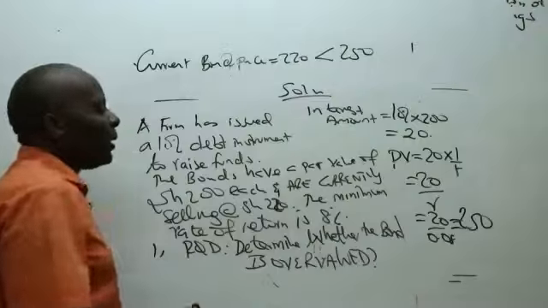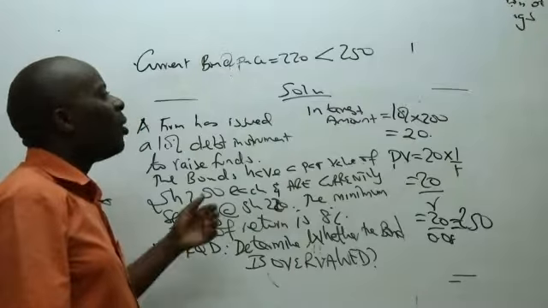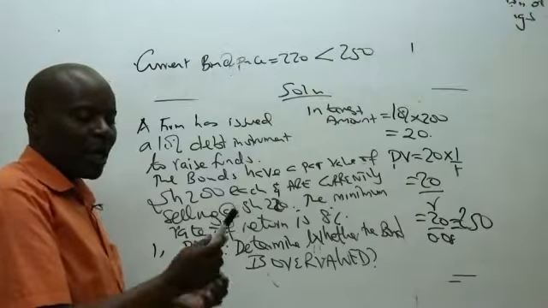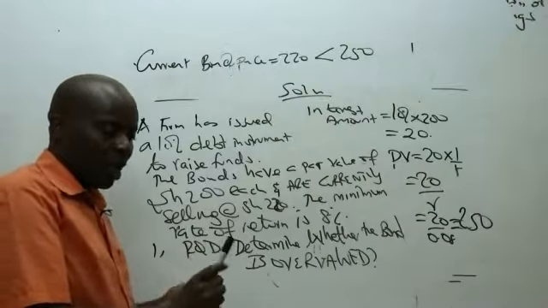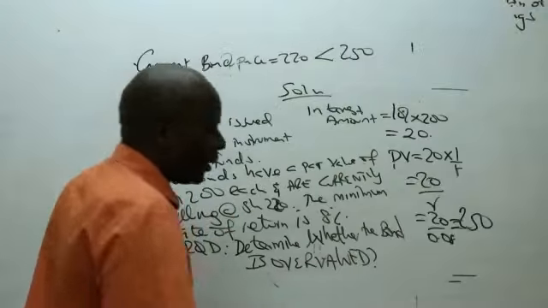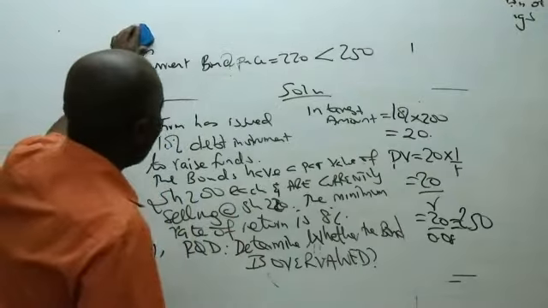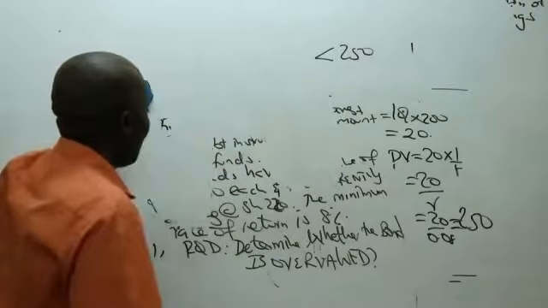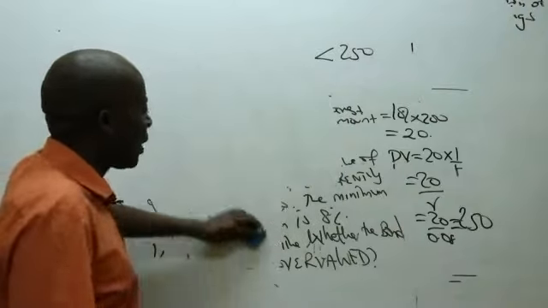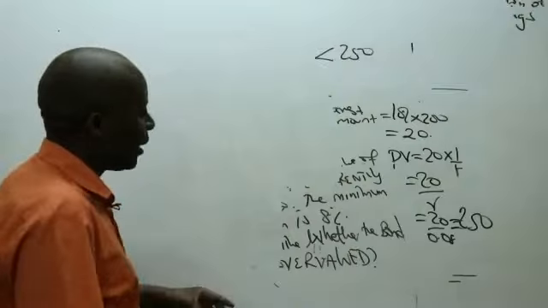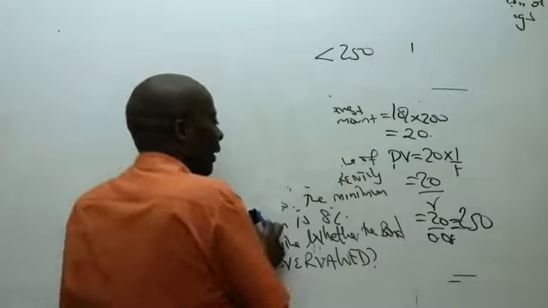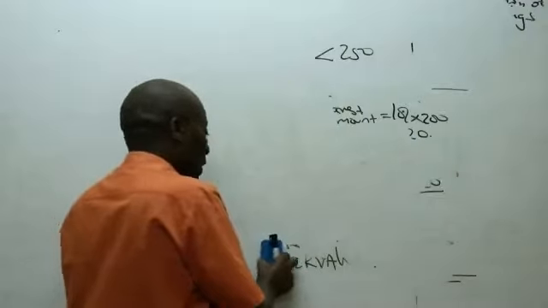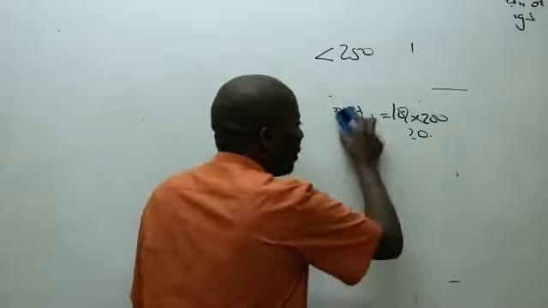Ladies and gentlemen, meaning that our bonds are what here? They are undervalued. Our bonds are undervalued. And if they're undervalued, a prudent investor will always think about what here? Buying undervalued assets. So you should buy. Anytime you hear that an asset is undervalued, like land is undervalued, buy.